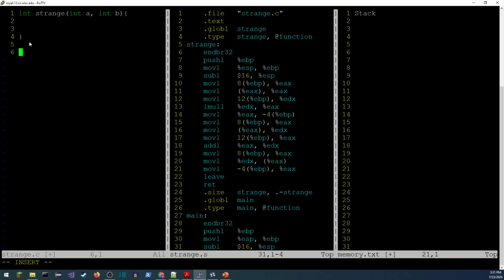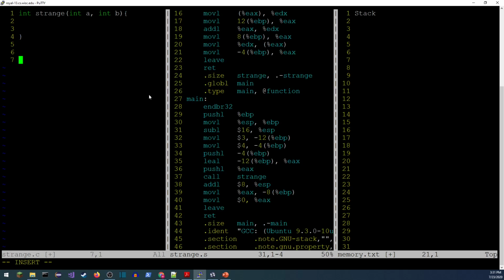All right. And then, what do we know about main so far? Just from what we got, the prototype for main pretty much always looks like that. I know I'm declaring some local variables because I've arranged for space on the stack. And then I push 2 things, and then I call the function strange. So strange has 2 variables in it, x, y. I'm guessing they might be pointers or references. So we'll do that. And then, do we do anything after that?